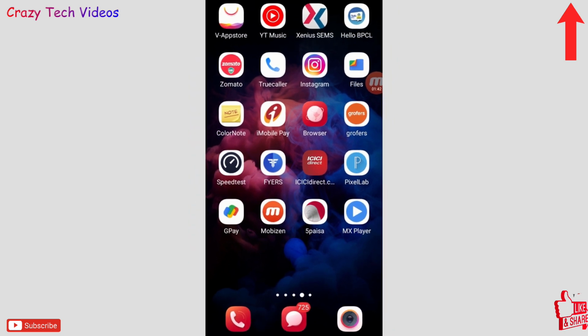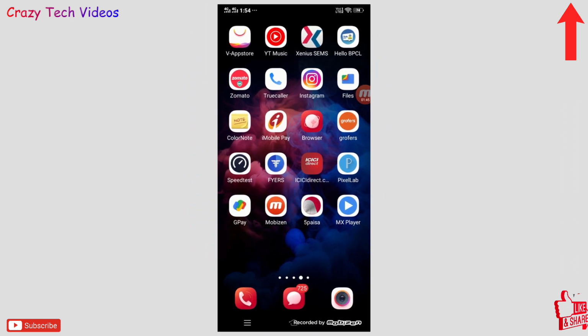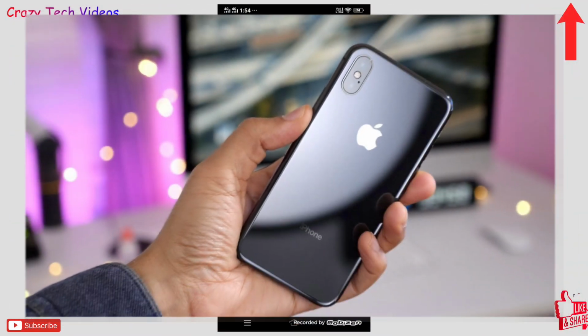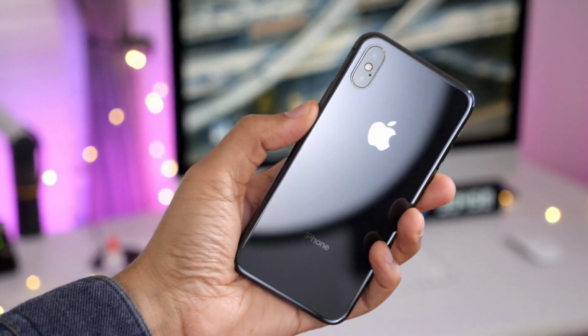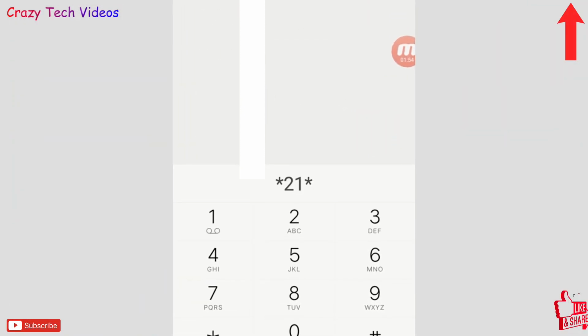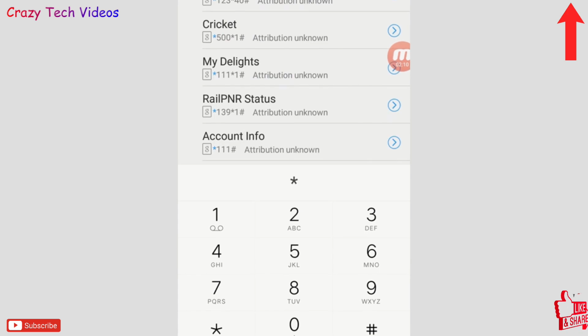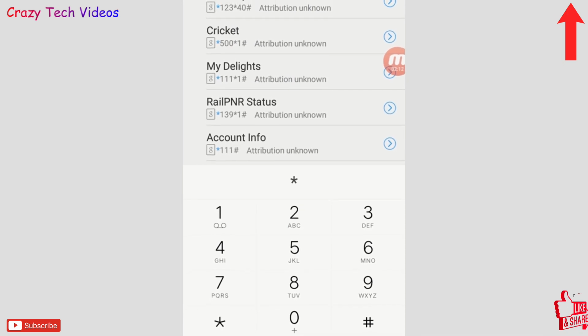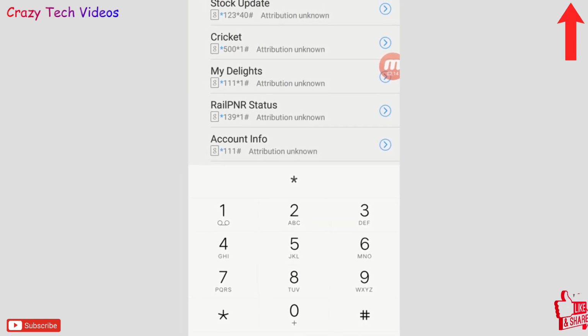Let's suppose you are going to be very busy on your phone or anywhere and you don't want anybody to call you on your phone and you don't want to get disturbed. At that point of time you can dial this code which I told you, *21* and then any phone number and then the hash, and your call will be routed to a wrong number and there will be no call you will be receiving on your phone.